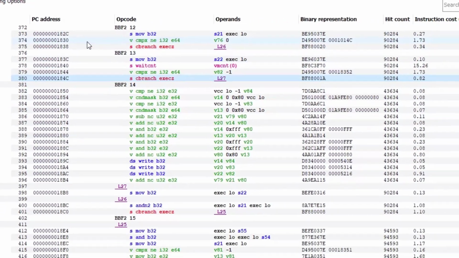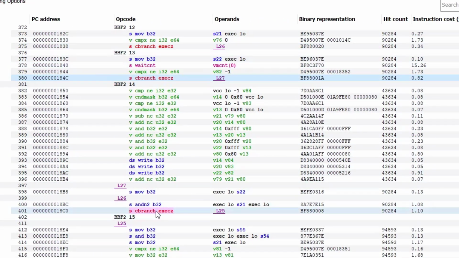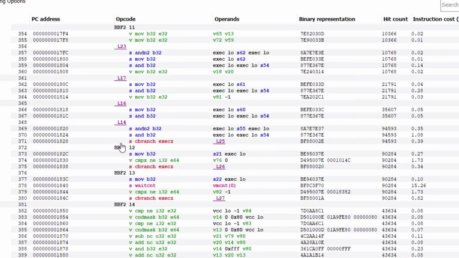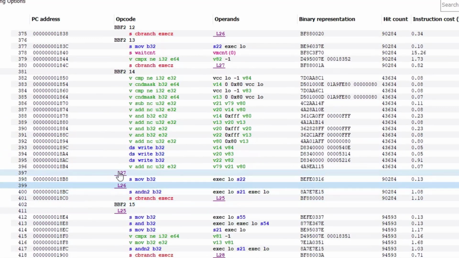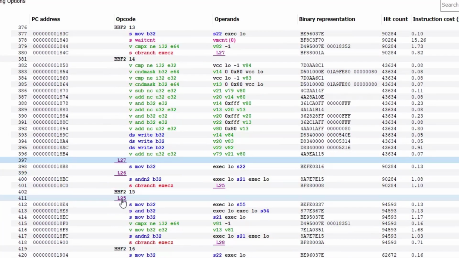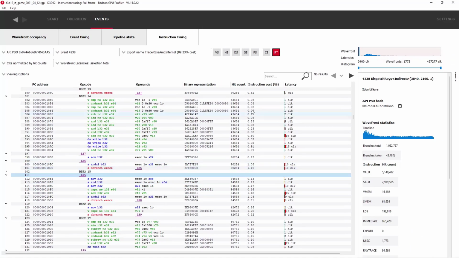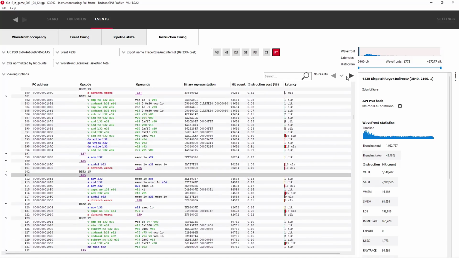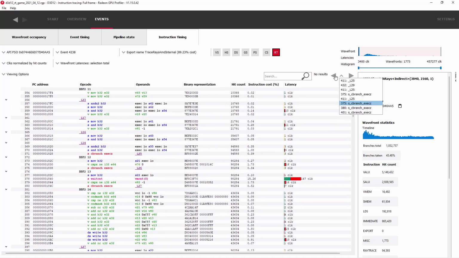We are also making it easier to follow the control flow through a shader. When you select a branch instruction, you'll be able to quickly jump to the target of that branch. When selecting a label, you can quickly jump to any branch instruction whose target is the selected label. In cases where multiple branch instructions reference the same label, you'll be able to choose which one to jump to. As part of this feature, the ISA views will also maintain a history of navigation followed by the user. After following a few branch targets through the shader, you can use these navigation controls to quickly go back and forth between branches and targets.